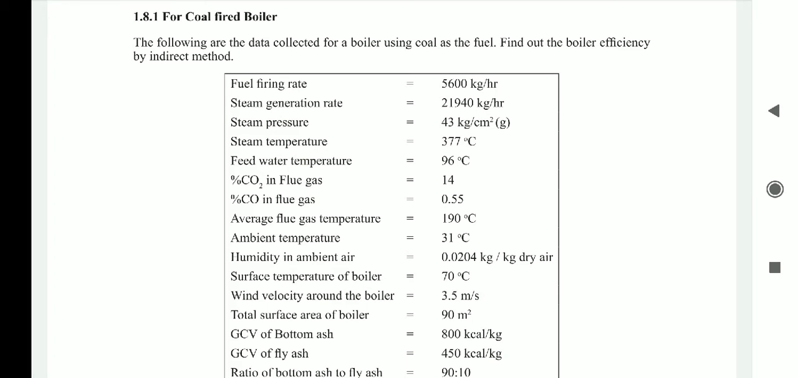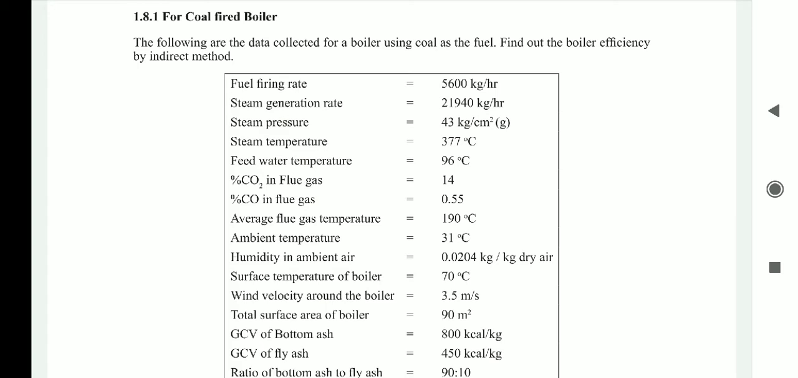The fuel firing rate is 5600 kg per hour, steam generation rate 21940 kg per hour, steam pressure 43 kg per centimeter square gauge, steam temperature 377 degrees Celsius, feed water temperature 96 degrees Celsius, percentage of CO2 in flue gas 14, percentage of CO in flue gas 0.55, average flue gas temperature 180 degrees Celsius, ambient temperature 31 degrees Celsius, humidity in ambient air 0.0204 kg per kg of dry air, surface temperature of boiler 70 degrees Celsius,